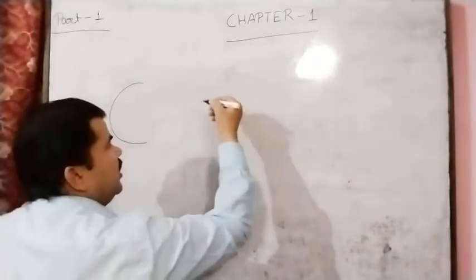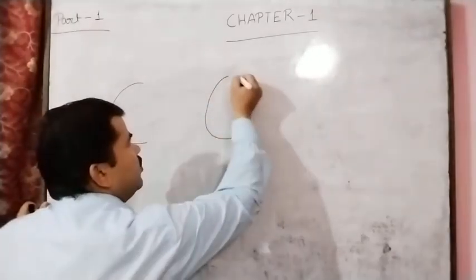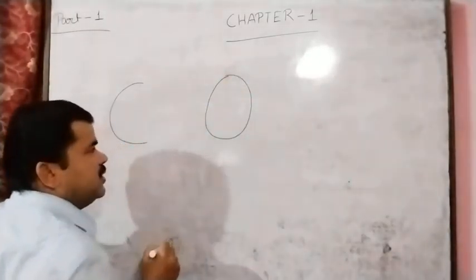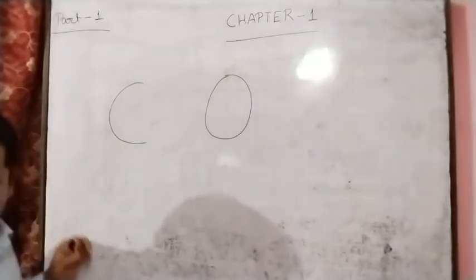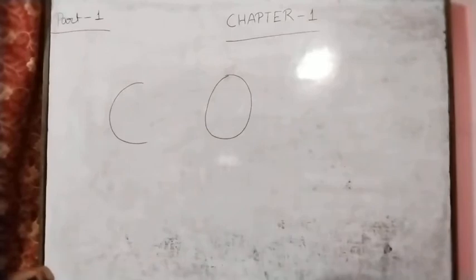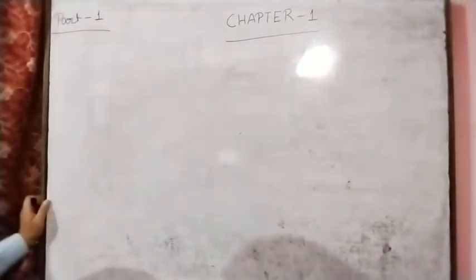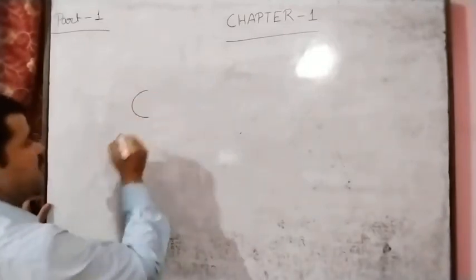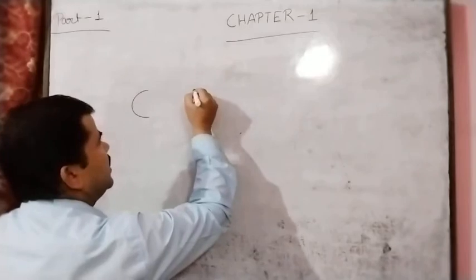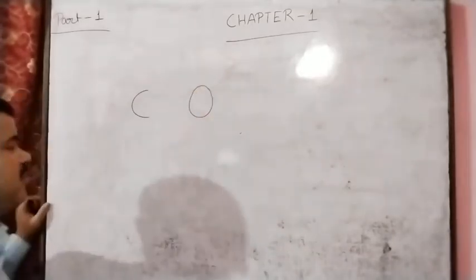And if we want to represent oxygen, he gave O for the representation of oxygen, the alphabet O. For carbon, he used the symbol capital letter C. For oxygen, he used capital O.